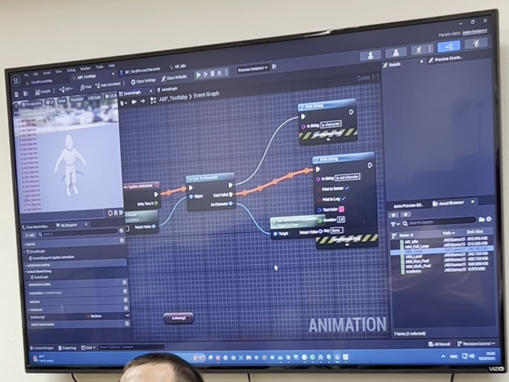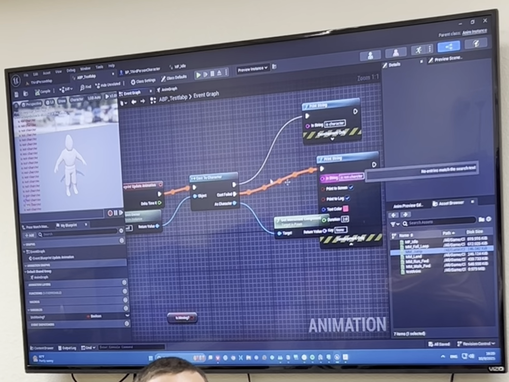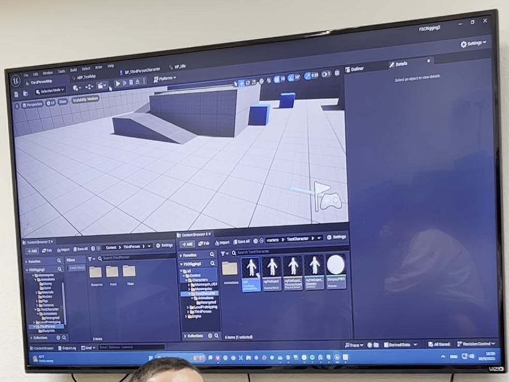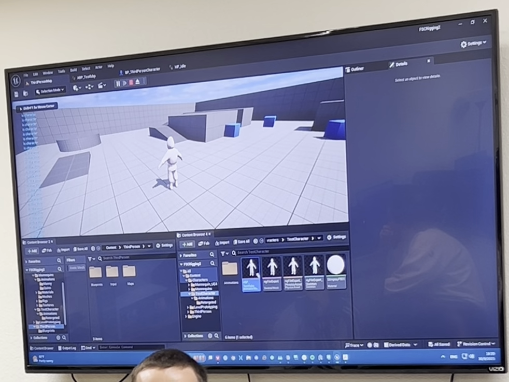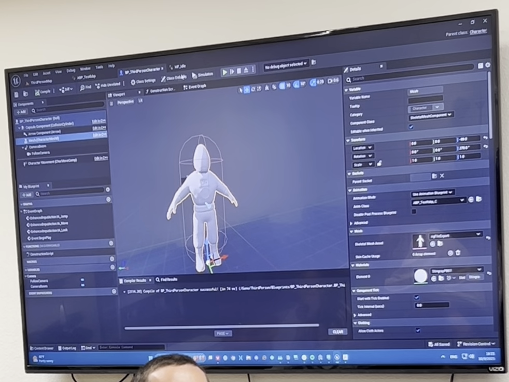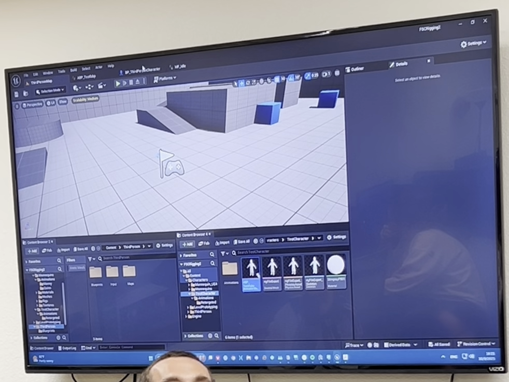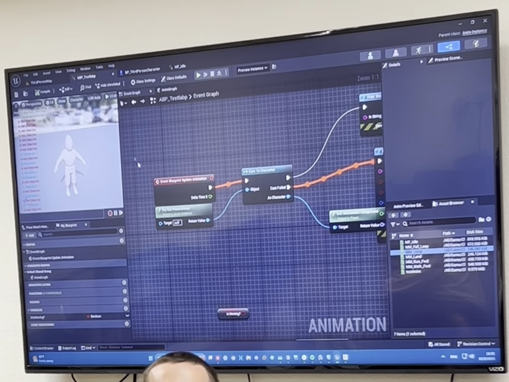Oh yeah. Alright, so this is printing out "is not character," so that's not good. Let's see what it does in game. "Is character," okay. So that's funny. I wonder why it's false here and it's true in game. Oh, probably because there is no pawn owner in the editor. All the print stuff. Okay,